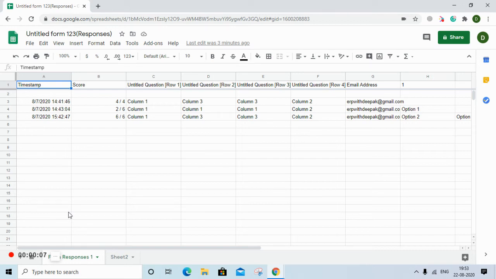Hi friends, in today's video we shall see how to share your Google Sheet and also how to protect the editing. First of all, if you see on your sheet on the right hand side here, right now it is